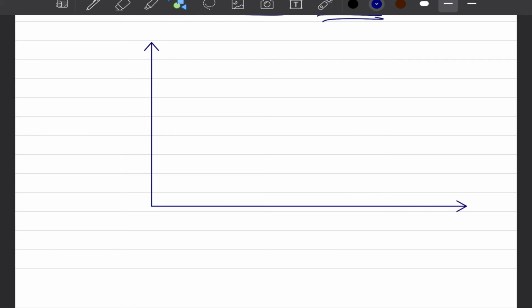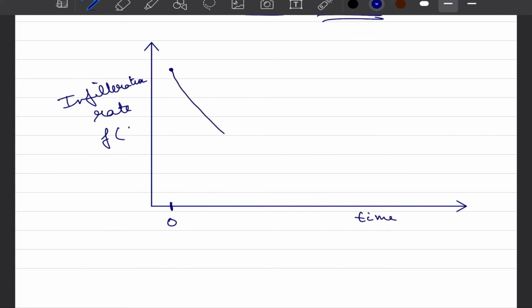But one common pattern that we observe in terms of infiltration, if we plot the variation of infiltration rate with respect to time, and assuming that the soil strata is dry, that there was no storm just before the current precipitation that we are adding to the field, is that initially, when precipitation just starts, a lot of water is able to enter from the ground into the soil. So the rate of infiltration, if I say that this is F, is very high, and as the storm continues, this decreases exponentially.